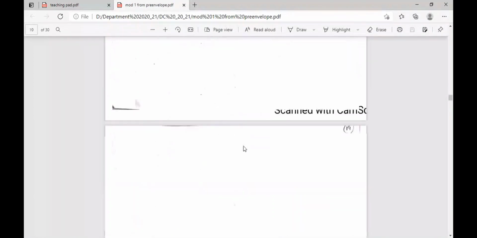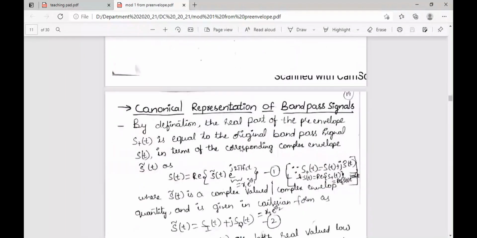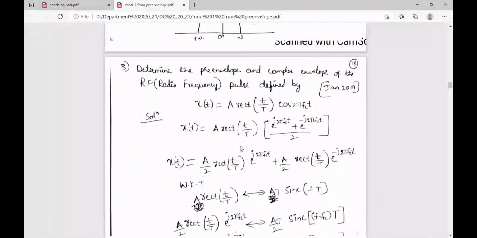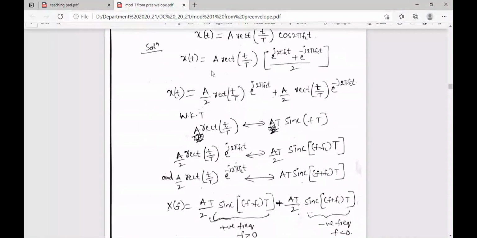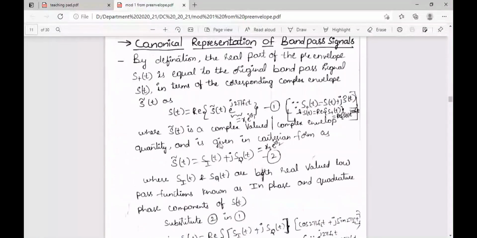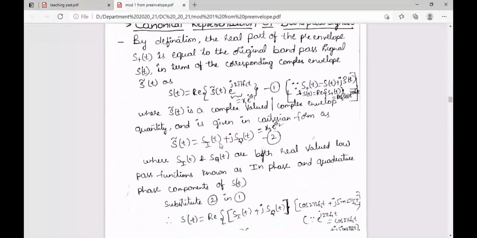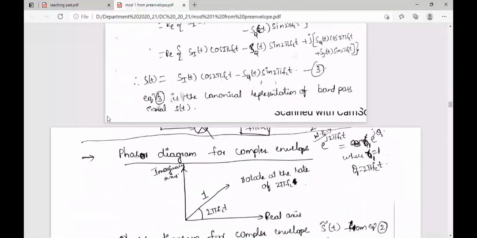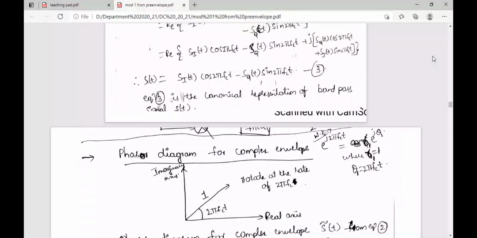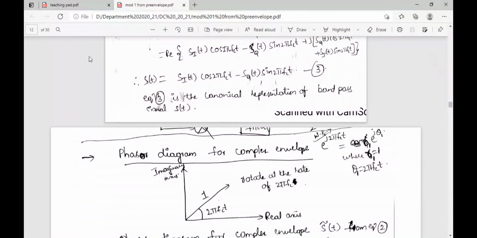Okay, so in the last class, we have seen how to find the pre-envelope and complex envelope of a given signal. Now again we have started canonical representation of bandpass signals. So finally we have represented the bandpass signal in canonical form as...